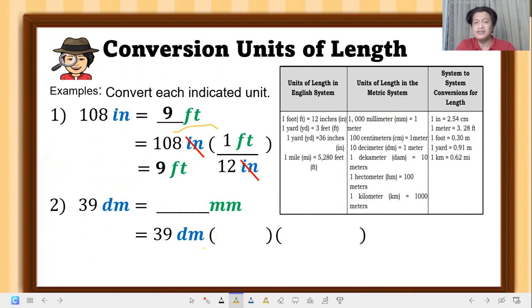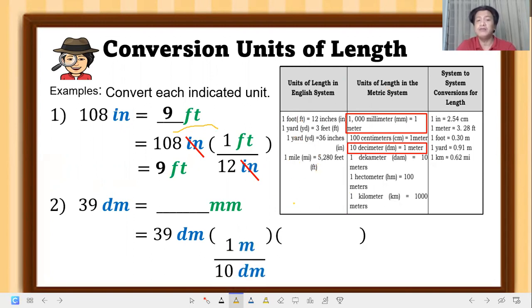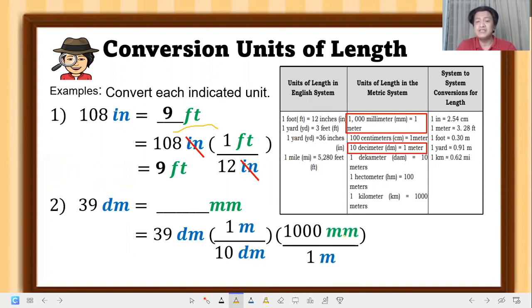Titingin lang po tayo, saan yung may decimeter dyan? That is 10 decimeter is equal to 1 meter. Okay, from that kasi, makakancel si dm. And you come up with the 1 meter or meter. From meter, you can now come up with millimeter. Kaya ang isa pang gagamitin natin dyan is 1,000 millimeter or mm is equal to 1 meter para makuha natin yung unit na millimeter. Then you can now multiply by 1 meter over 10 decimeter or dm times 1,000 millimeter